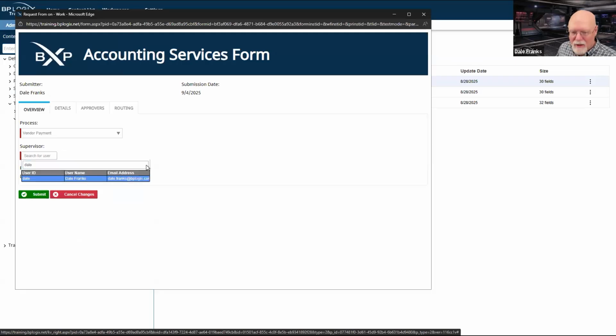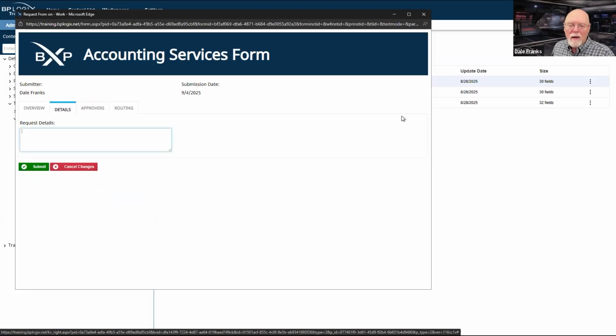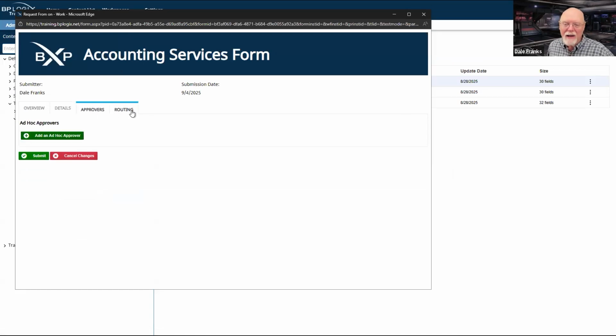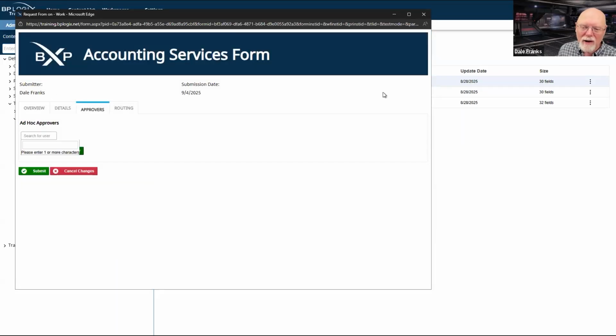I'll put myself in as the user, and there's my request details. I'm not going to add any ad hoc approvers. Well, yeah, let me just add myself just so that we can see it on the email template.